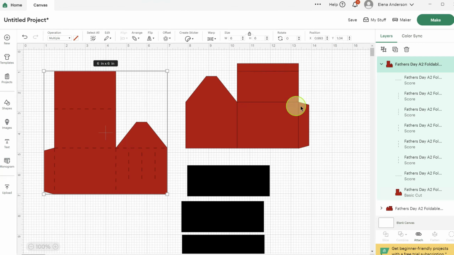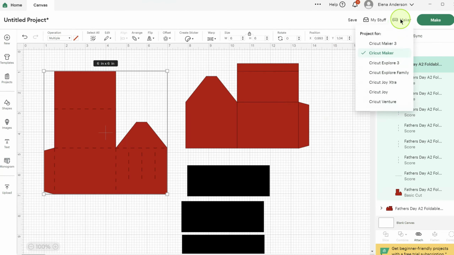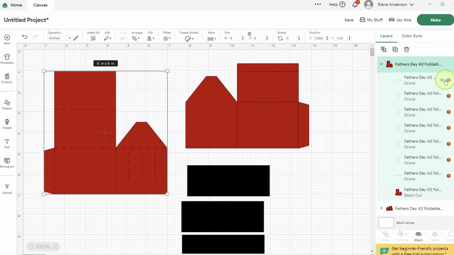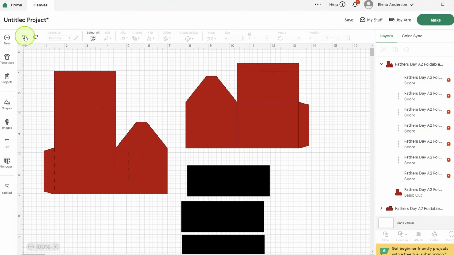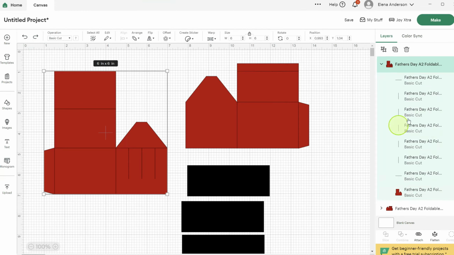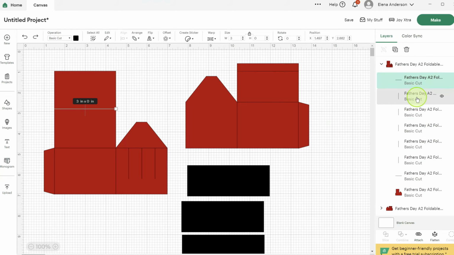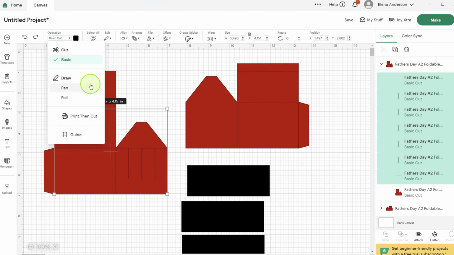I'm not going to do that yet because I'm actually going to use my Joy Extra to cut these out. So I'm going to change my machine to Joy Extra. You'll see I get this little warning exclamation point over here because score is not a choice on the Joy or Joy Extra. So what I'm going to do instead is undo that. I'm going to grab my group again, go back over to the layers panel and hold down my shift key and grab all the lines again. And now I'm going to go up to the operation box, click the drop down menu,